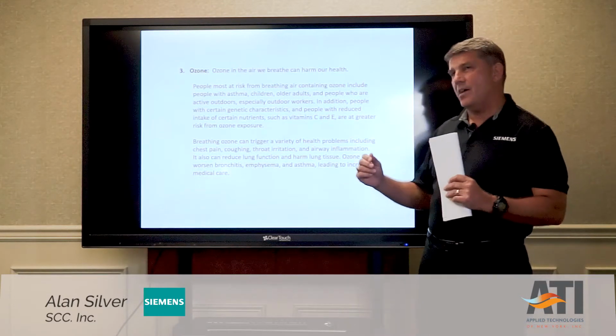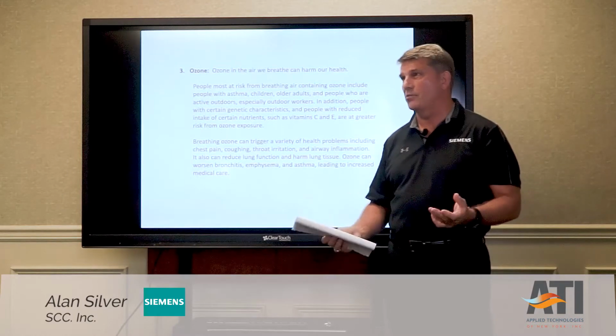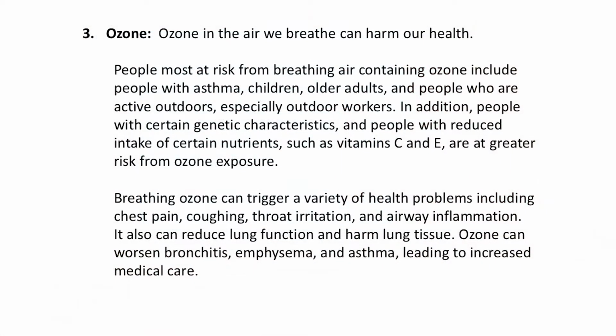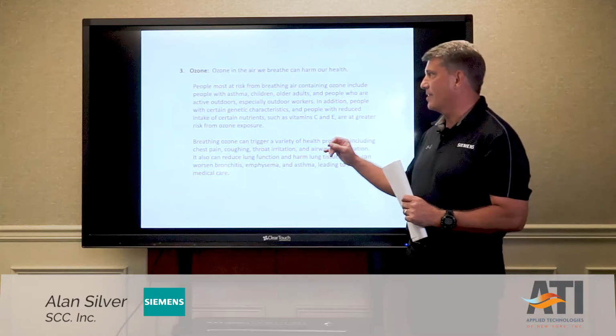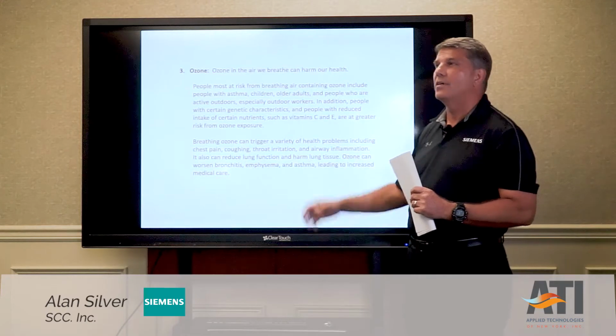And at the same time, it can form with volatile organics in sunlight and create ground level ozone. Now, ozone in the atmosphere, in the stratosphere, is a good thing. It protects us from about 95% of the ultraviolet light that we actually get from the sun. But on the ground level, it can create health issues. Again, it can cause issues with exacerbation of asthma and things like that. So ozone is a byproduct in a lot of cases of NOx, or